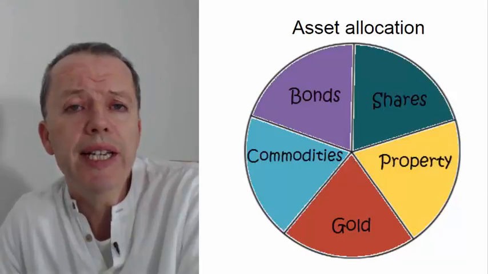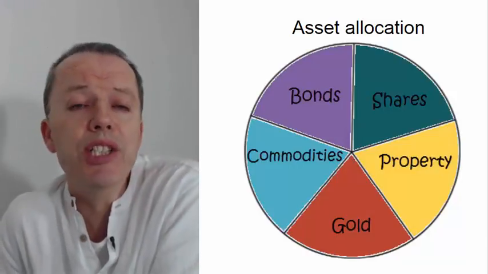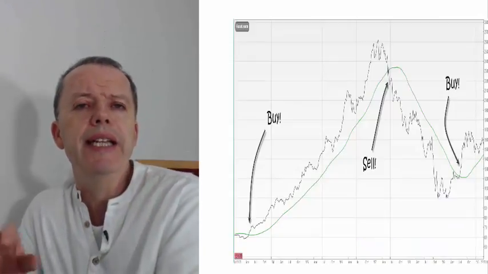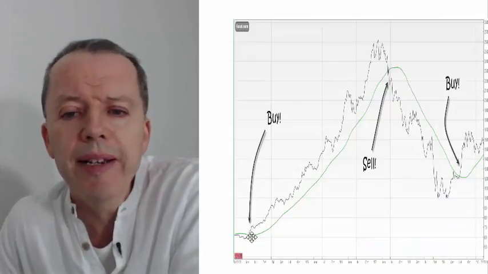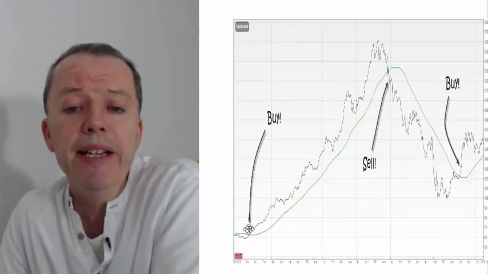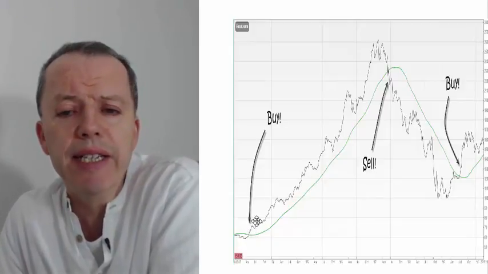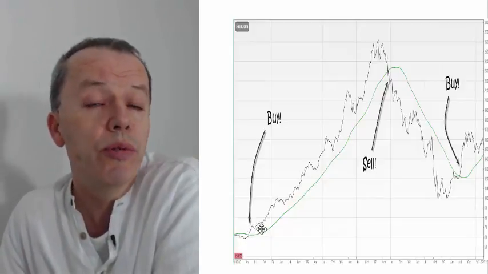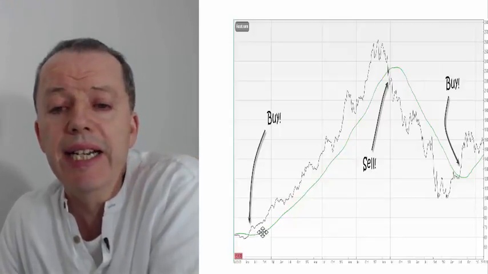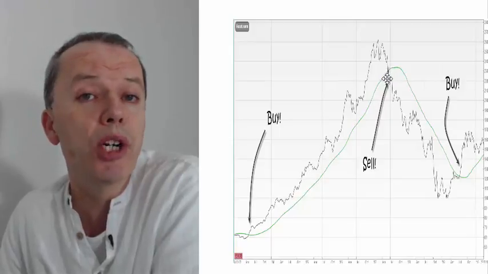But the way that I look at things is not just to split everything 5 ways. I use a timing system with each of the asset classes. Well, 4 of them anyway. I'll tell you about the last one at the end. But essentially, when the price of the asset class rises above the average price for the year, then I'm interested in buying, and so the fifth that's allocated to that asset class is invested, and I stay invested all the way until the price drops below the average